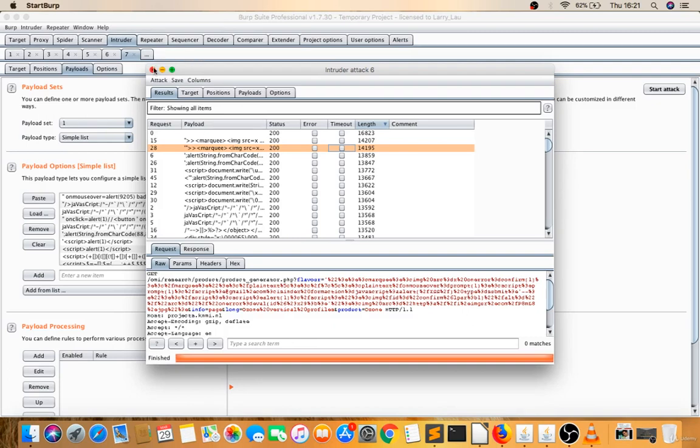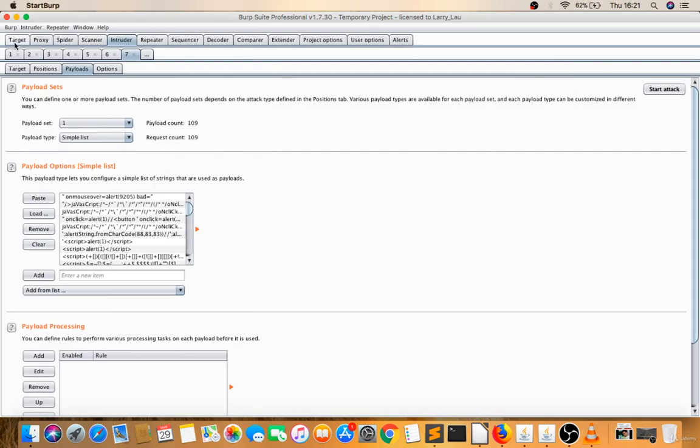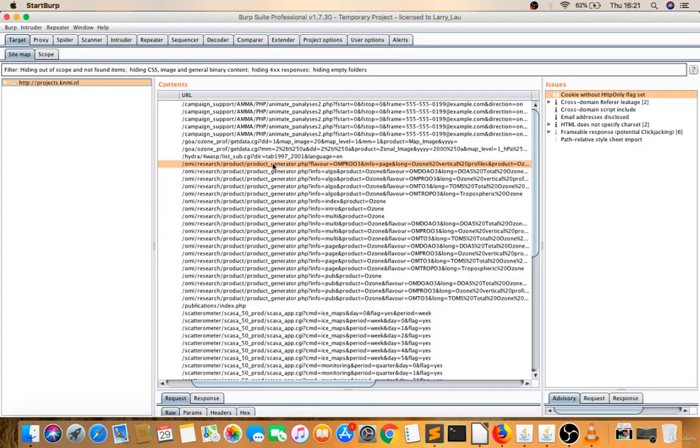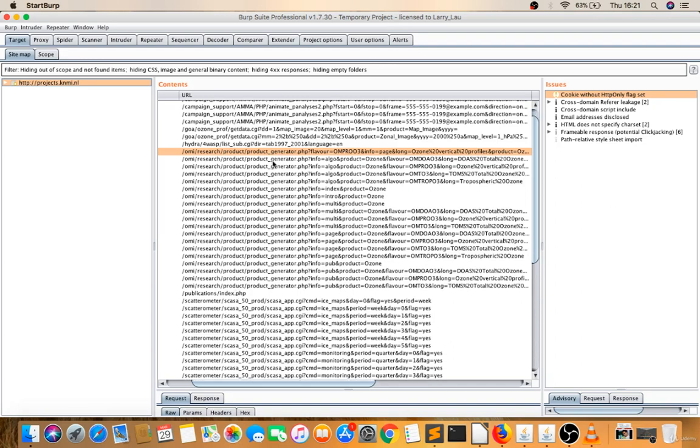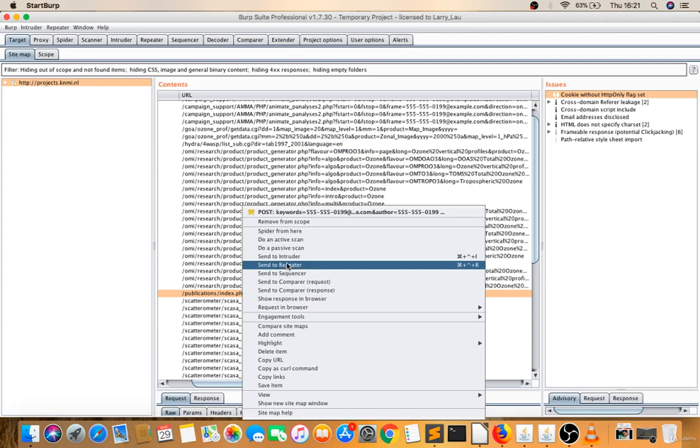This way we have to do sometimes. You don't have to give your input, just take whatever value they have, send it to go and check the response, whether their input is reflecting or not. So likewise, now I think these all are the same. Let's try on this website. Right click, send this to repeater.